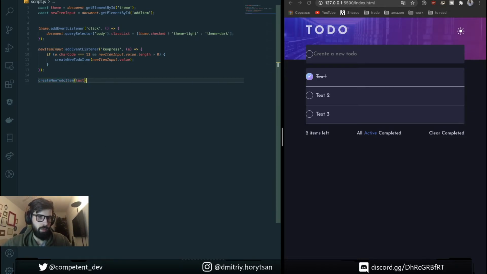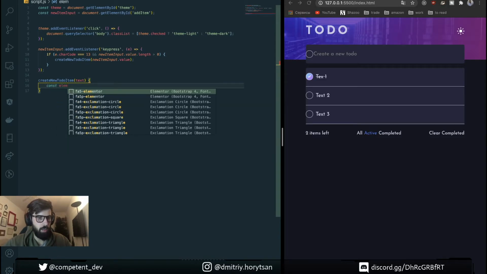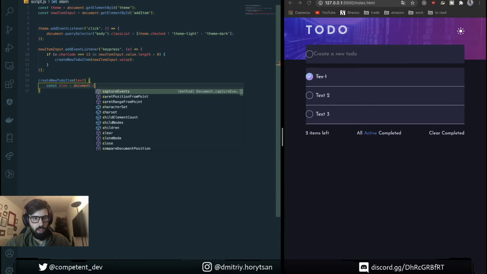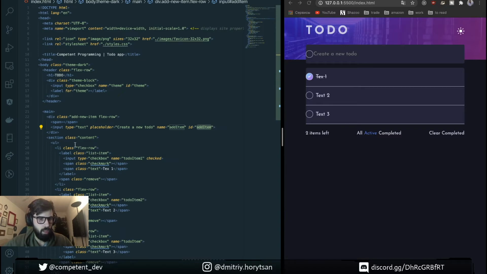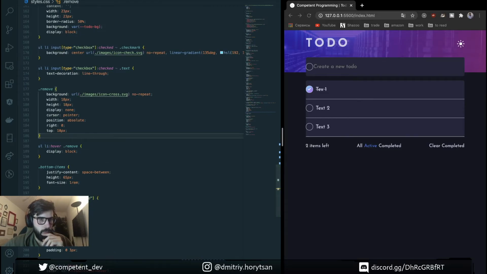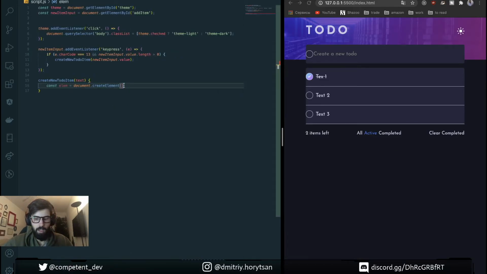Here we will have text, and to do this we need to create our element, document create element. It's gonna be the item with inner HTML, it's gonna be li, and for the element inner HTML, let's use a template literal.